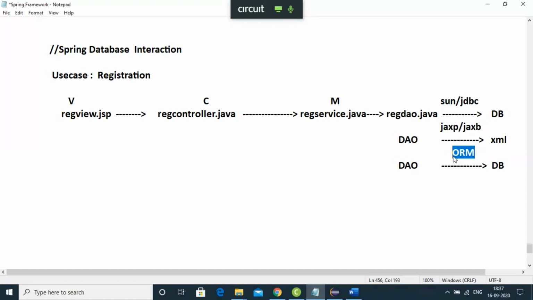Now the point is that Spring does not have its own ORM solution. ORM provider is Hibernate. ORM provider is TopLink. But Spring framework does not have its own ORM. So what Spring does is that Spring can integrate with some ORM provider like